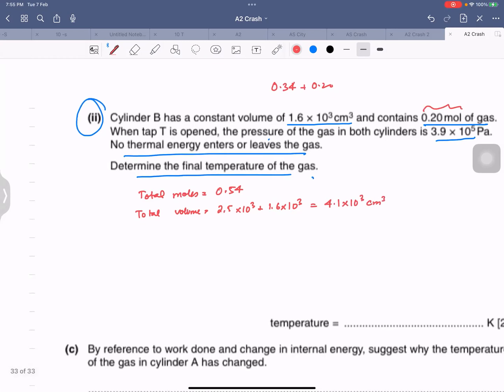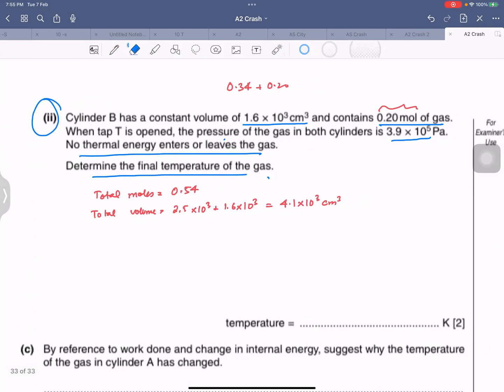You can please check as I'm going. It says the pressure, now the new pressure would be this one. So we got the pressure and now we can use PV equals nRT again. What do we need? Temperature. So the pressure is 3.9 times 10 raised to 5 times the volume is going to be